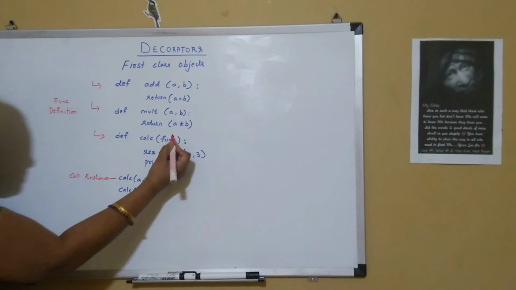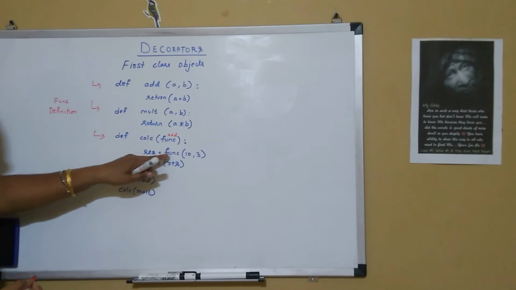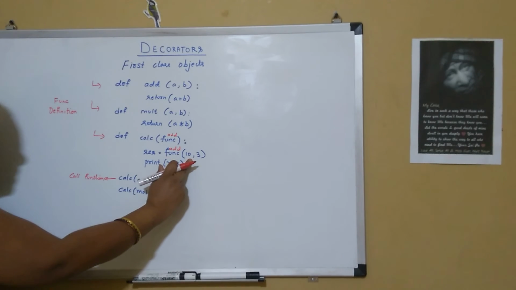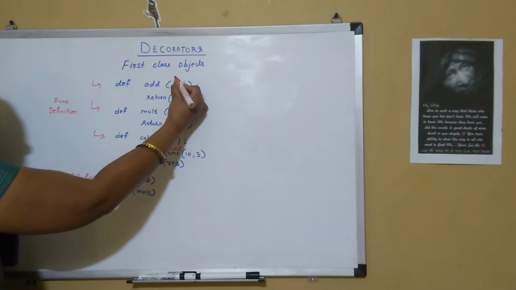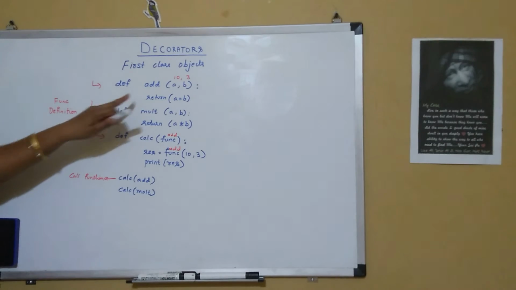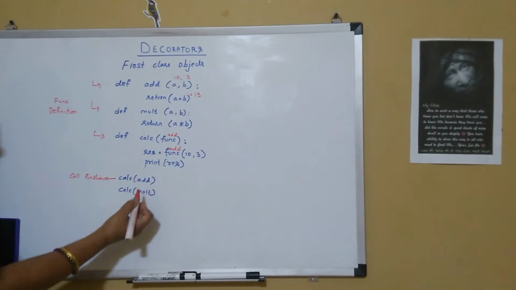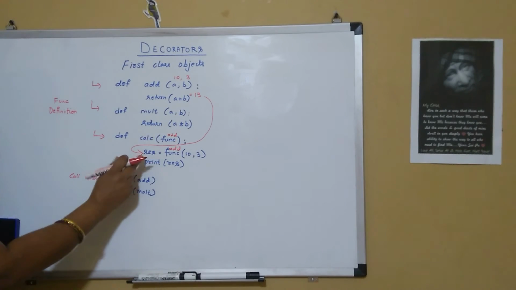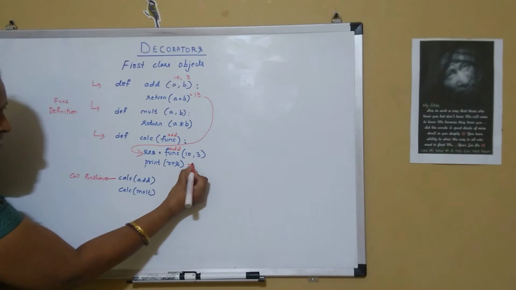So now my func will have the value add in it. Now result equals func, which instead of func will say add, with the parameters 10 and 3. So it will call the function add, and a will be assigned the value 10 and b will be assigned the value 3. Then it will perform a plus b, which is equal to 13, and pass that to result. So result will now have 13, and when we print result, it will print 13 on the console.